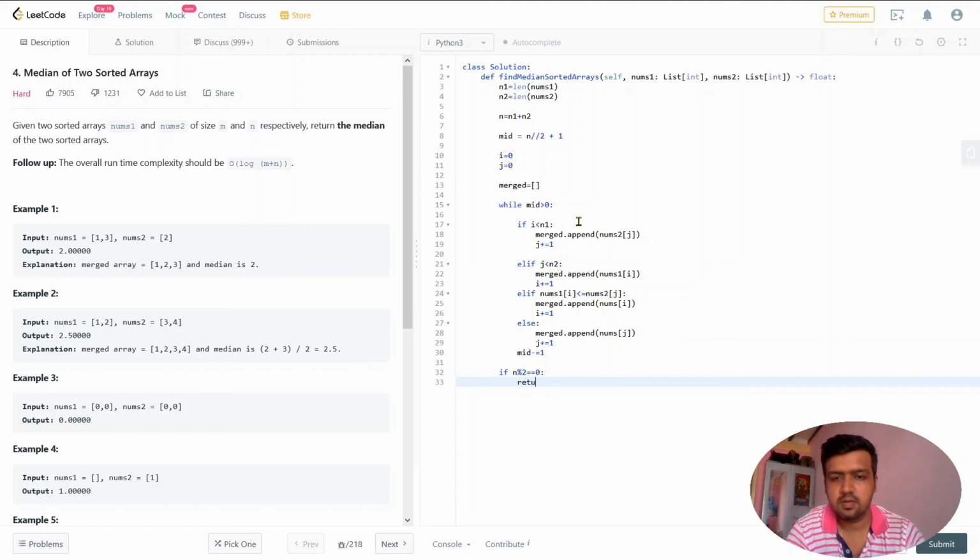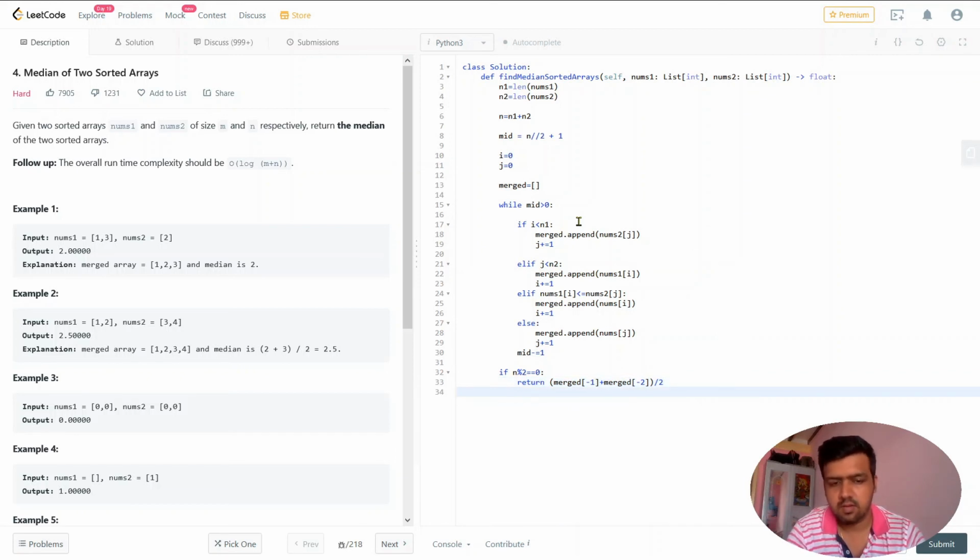So I will return merge of -1, which is nothing but the last element of the array, plus merge of -2, the second last element of the array, and I will simply return the average of these two values.